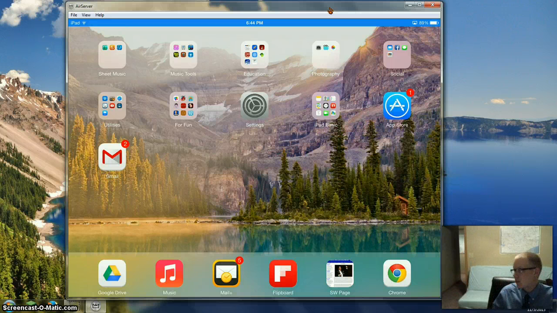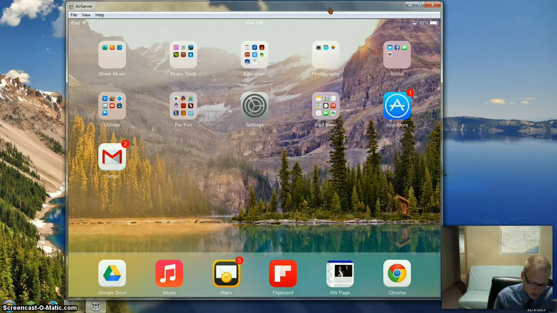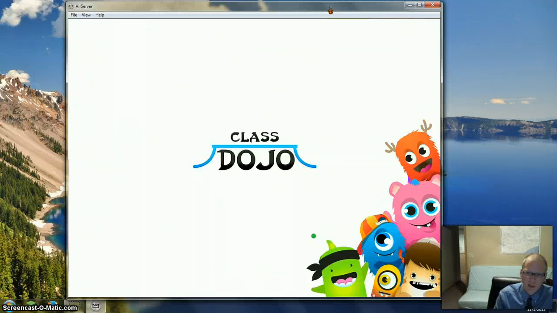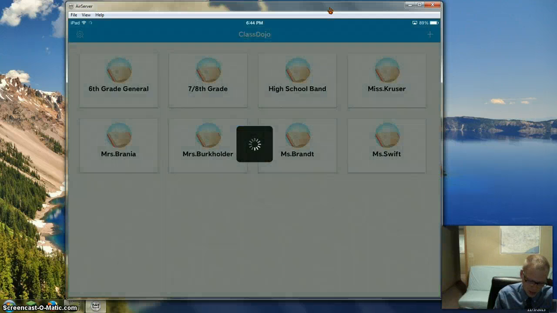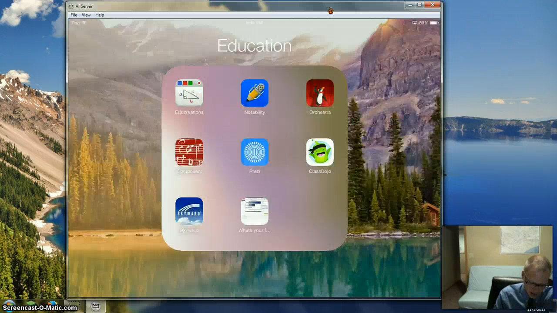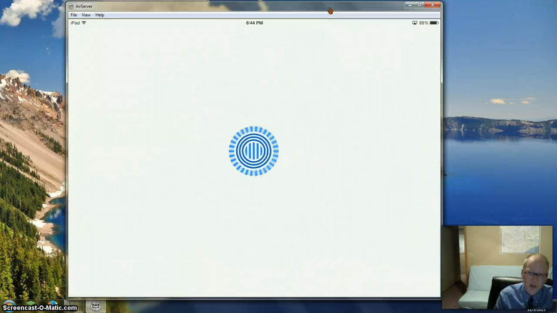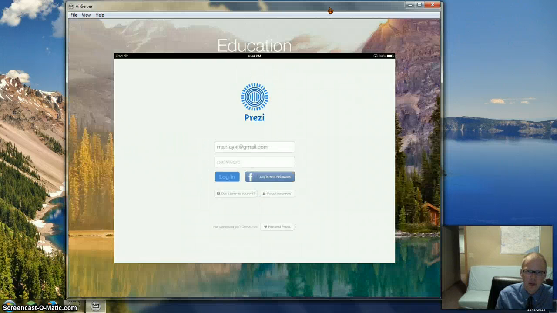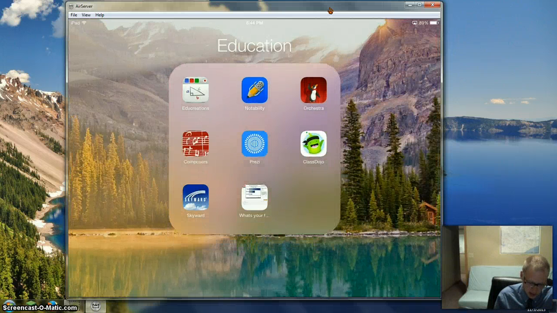Since our desktop is hooked up to the smartboard, whatever's displayed on our desktop will be on the smartboard. So say, for example, I want to open up a program, Class Dojo. I've logged in, say I have a class. I'll go into there with that class, or say I'm working on a presentation for elementary music. I can bring this up. I can log in, do Prezi, or I can do all sorts of things